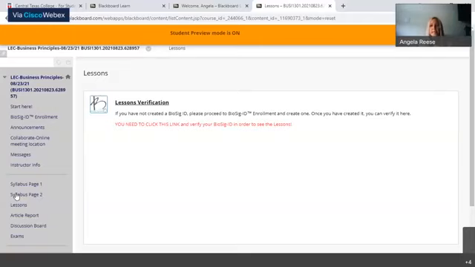All right, you see here that there's no lessons. The reason that you don't see any lessons is because I have them hidden. I have them hidden so that you can go in and practice verifying your BioSig ID before it's exam time, because some people wait till the final hour to take an exam, and when they try to take it, there's something wrong with their BioSig, or they can't get it set up right, or they've messed up too many times,